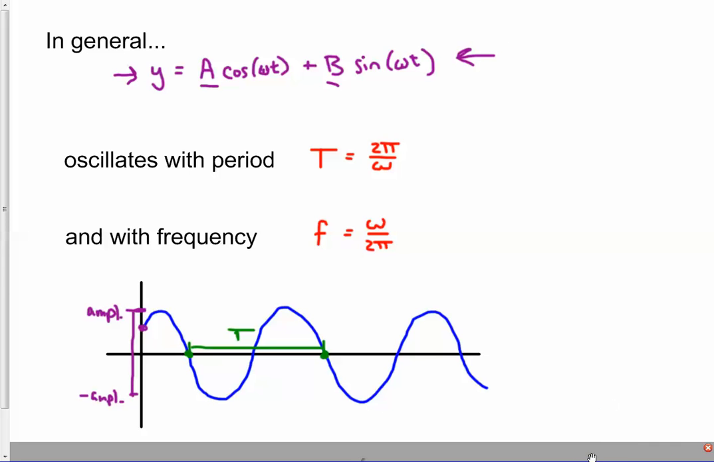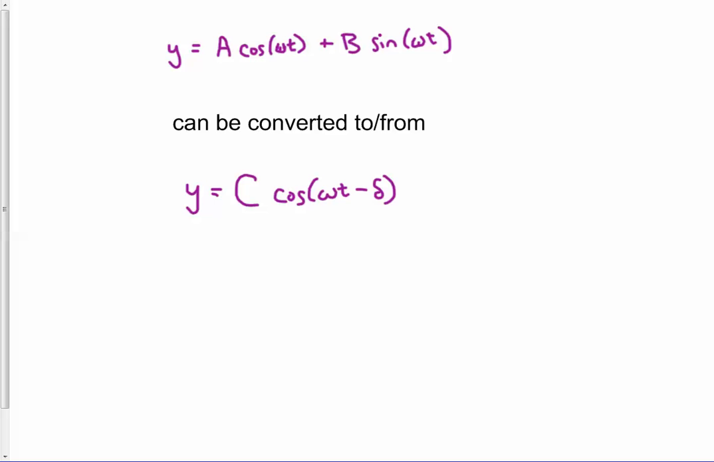So it turns out there's another format that we can convert this format into. This expression, a sum of a cosine and a sine with different coefficients in front of them, can always be converted to or from a single cosine with a single coefficient with the same argument, omega t, only shifted by a certain amount, which I'm calling delta. So we can always convert from here to here and from here to here. The conversion formulas are